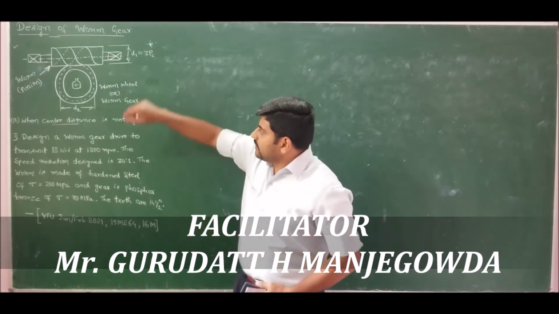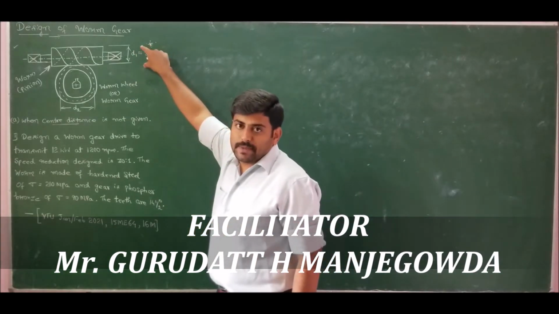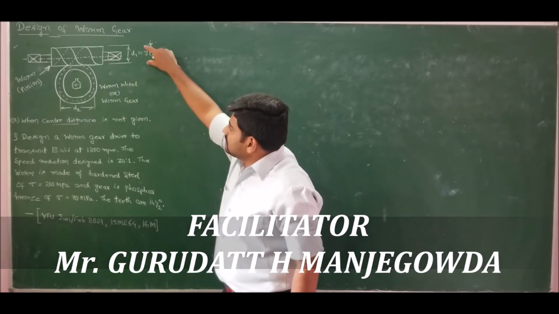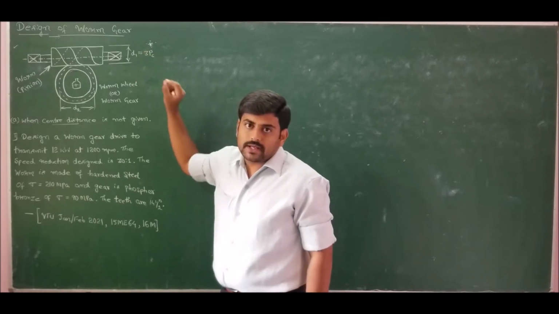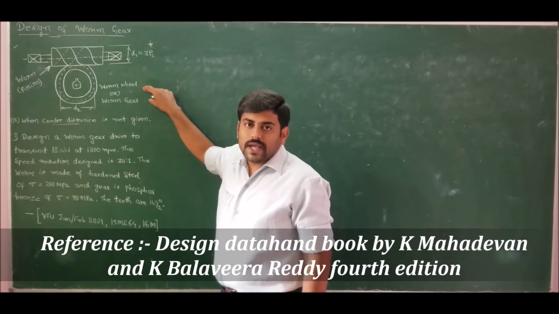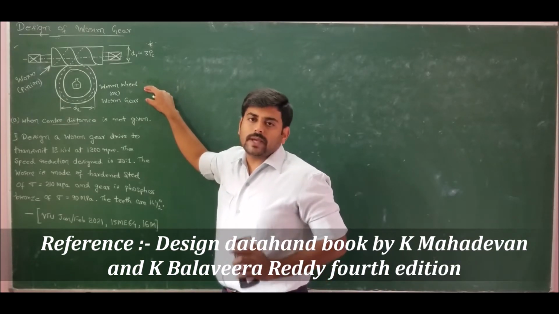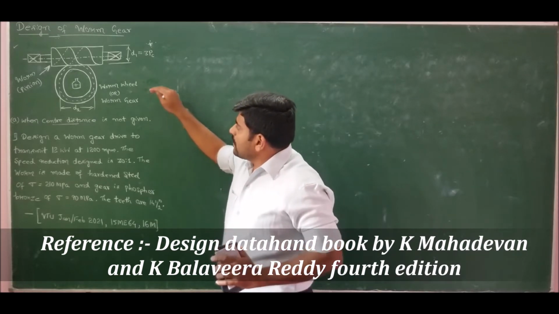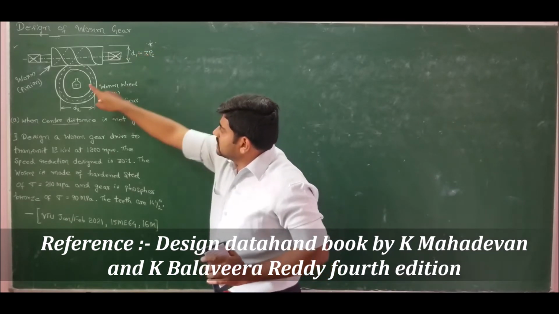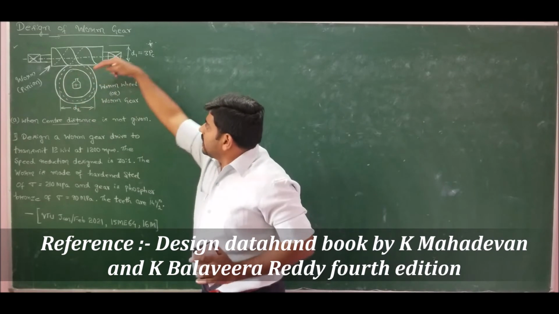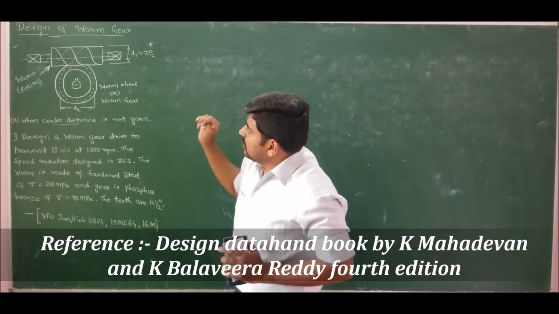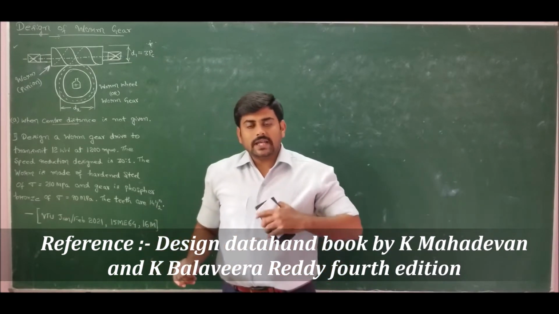If you observe, we have a worm which is also termed as pinion, and also we have worm wheel or worm gear. We always assume that the power is transmitted from worm pinion to worm gear. Hence, we always design worm wheel or worm gear by treating worm gear as the weaker member in worm gearing. And also, the axes of the shafts of worm gear and pinion are not intersecting. And these worm gears are employed to provide very high velocity reductions.